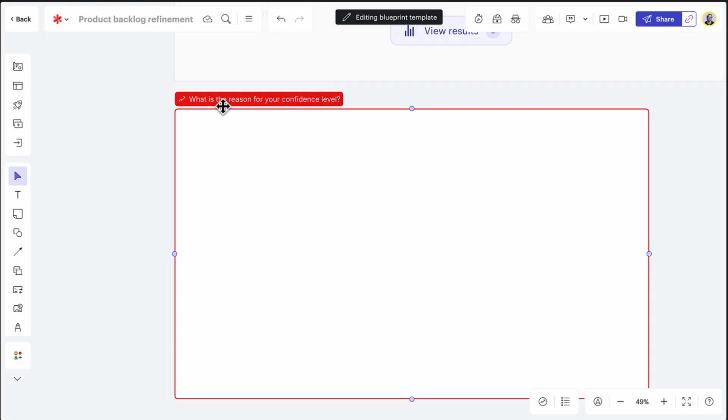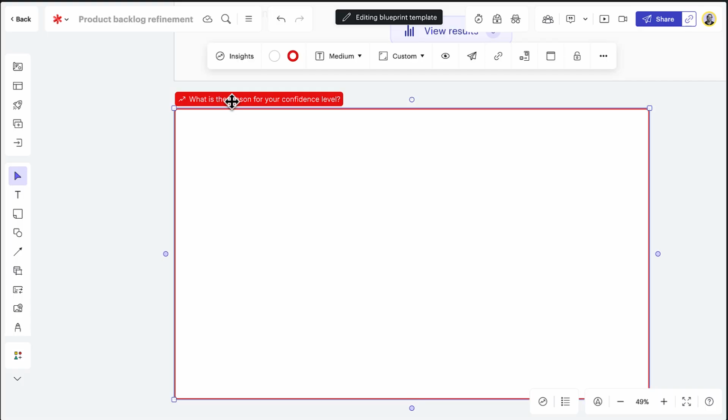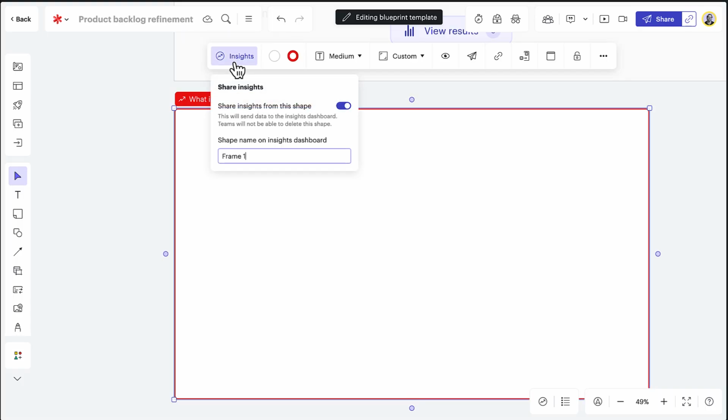Now, this doesn't mean that it's ready to go yet. We need to click on the frame one more time. From the context panel, we're going to click on Insights. And then here, we're going to make sure that this is toggled on. Now, once again, this is where we're going to be able to put in a name so that we can keep track of everything. So let's put, what is the reason for your confidence level